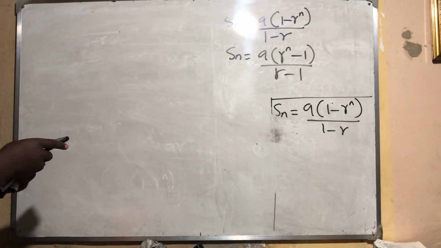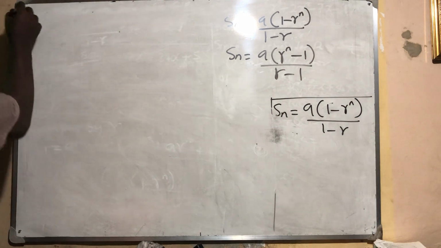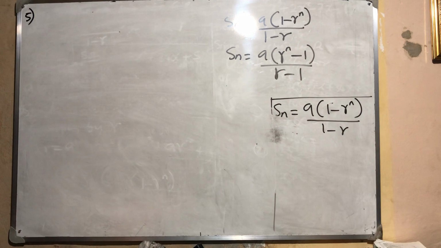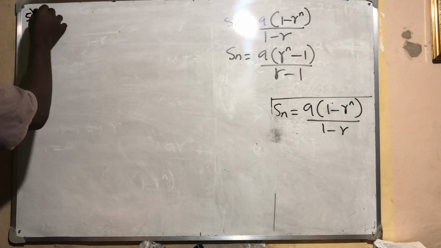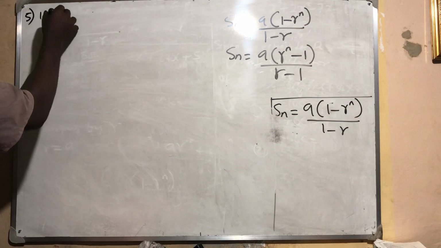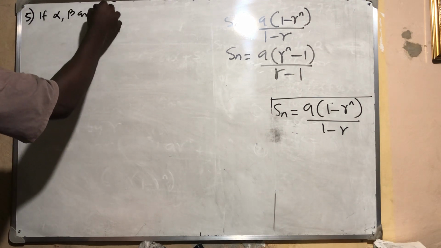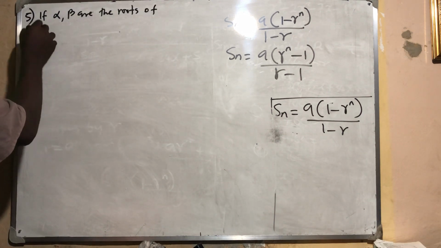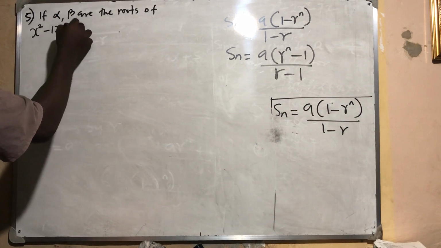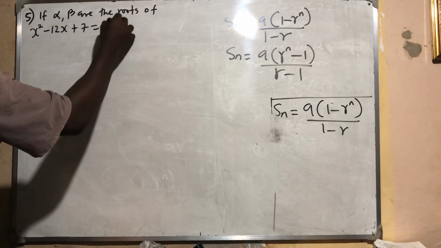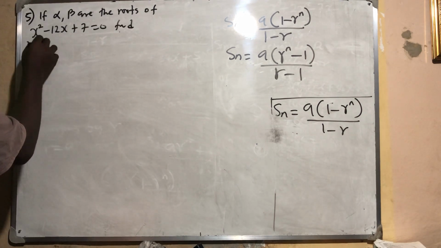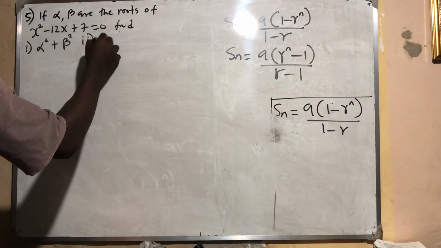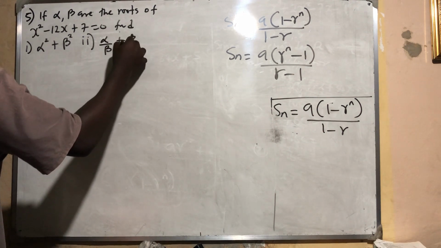Right? So the next question, question number 5A. We're almost done. We just have one more question. So 5A said, if alpha and beta are the roots of x squared minus 12x plus 7 equal to 0, then find (i) alpha squared plus beta squared, (ii) alpha over beta plus beta over alpha,